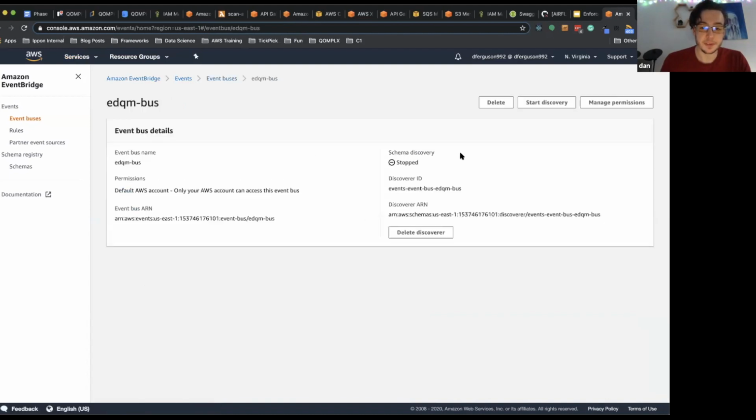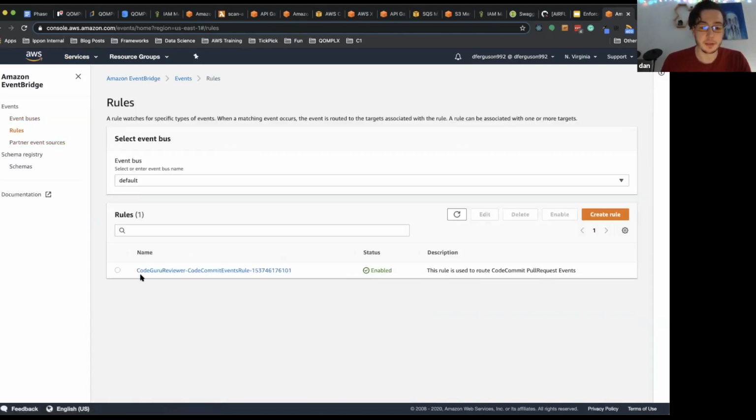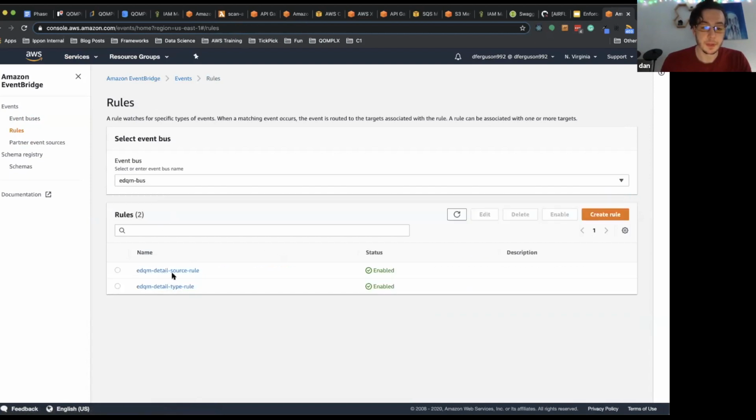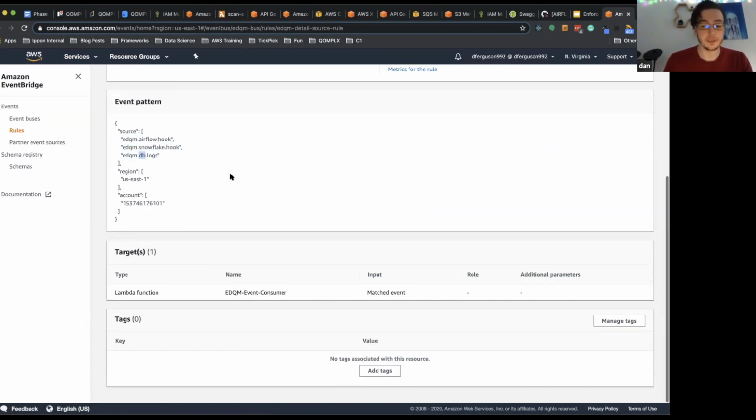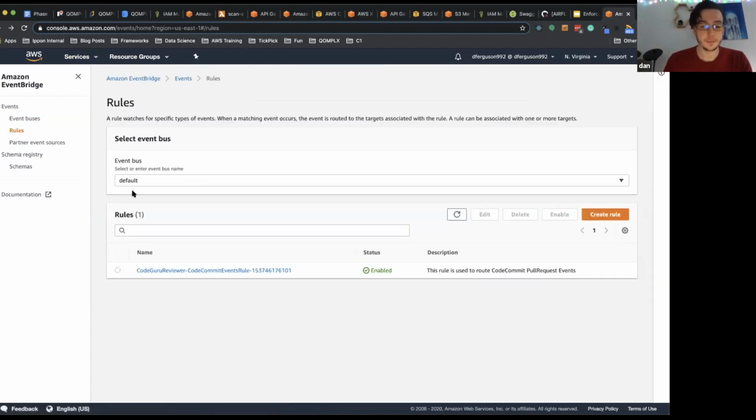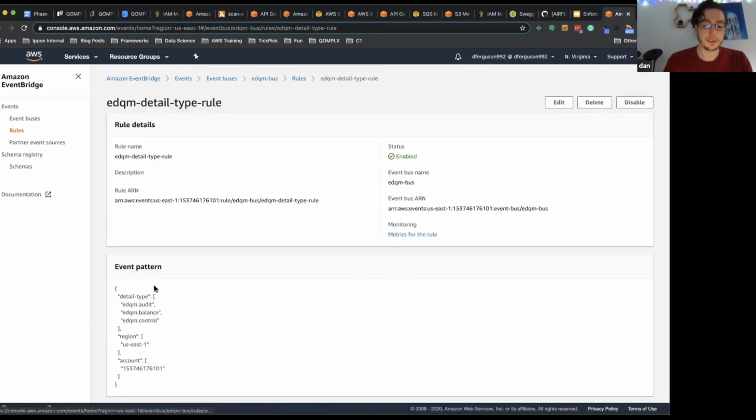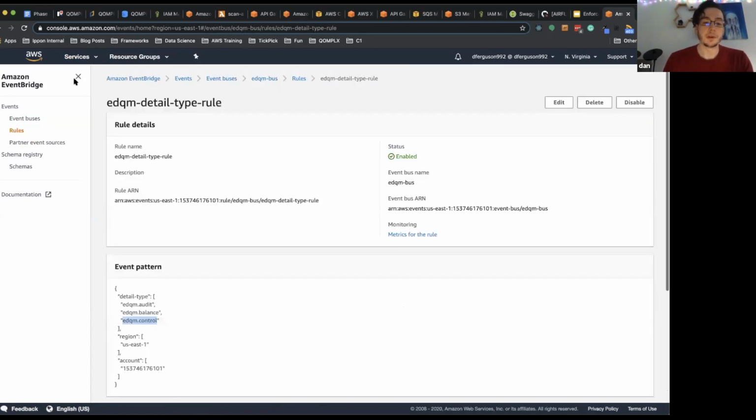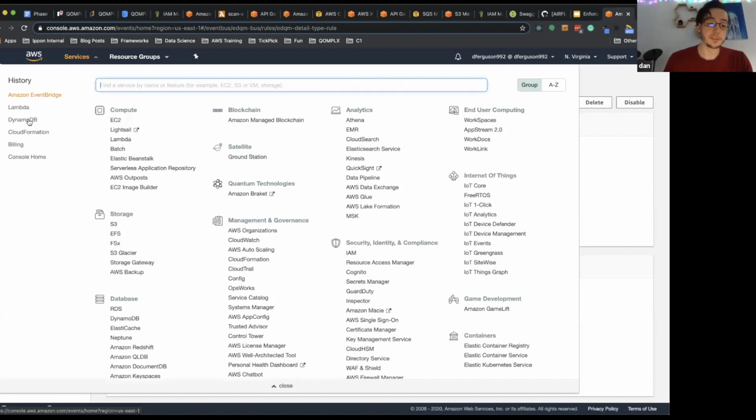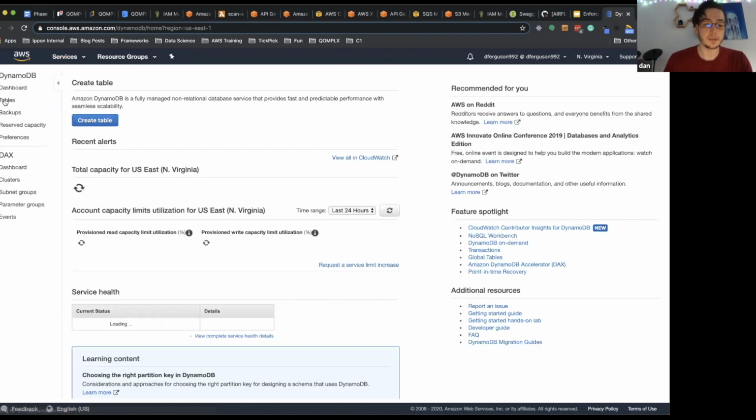To this new bus. And in this bus, there are two rules. One rule triggers on a detail source match, something like this: EDQM, Airflow hook, Snowflake hook, or database log writes, if you have log shipping on a database. And the same for detail type. Depending on the detail type, we have an audit, we have a balance, and we have a control. So in this situation, it's going to call the consumer, and the consumer is going to write to a DynamoDB table